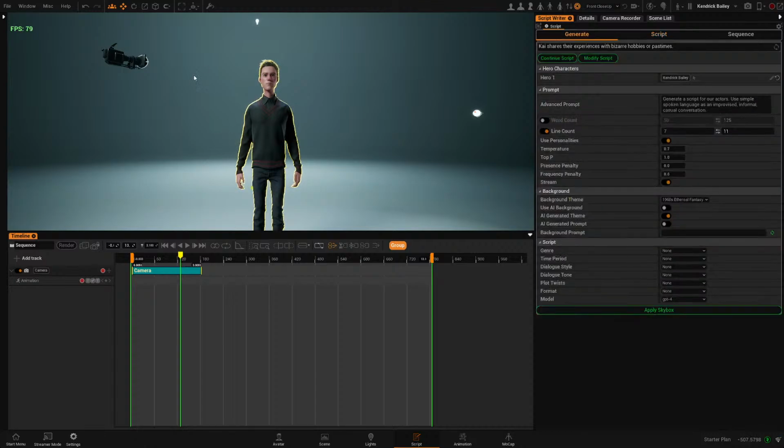So I have my character here. I'm saying this is the prompt. I can actually prompt them to speak the language that I want in here. So I have Kai, who talks about languages that he would like to speak, and then I basically say write this script in Dutch,